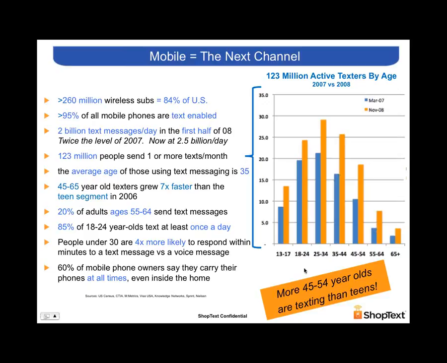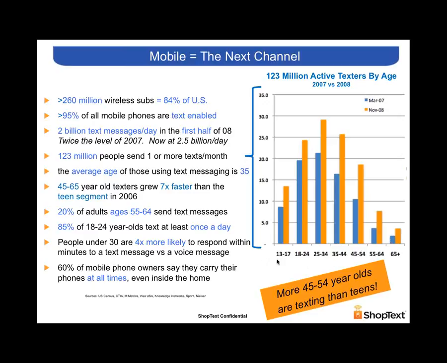So what's going on? What's going on is if you're 24 and under, you basically use texting as a way to communicate with your friends. And I'm out here in this 45 to 54-year-old bar now, and I don't really text my peers. It's natural for me to email them, but I have 3 boys, a senior, a sophomore, and an 8th grader, and the only way my wife and I get a hold of them is to text them.